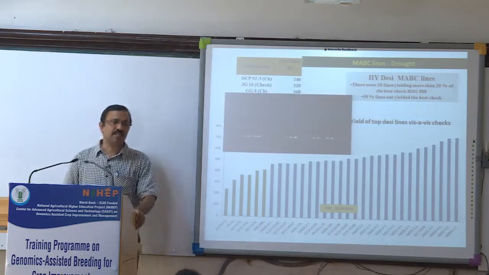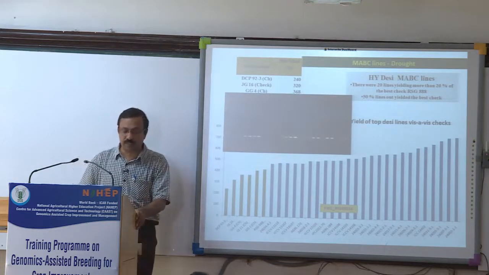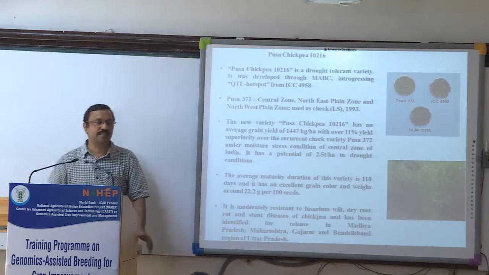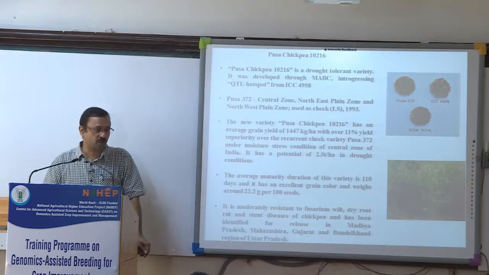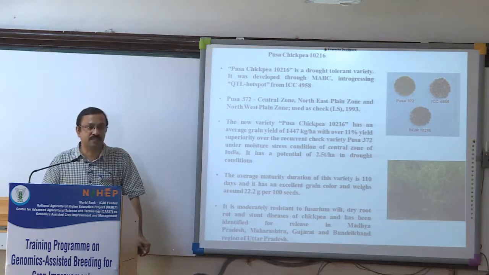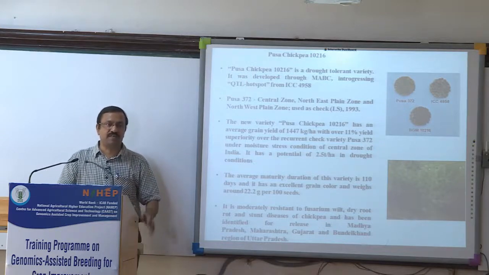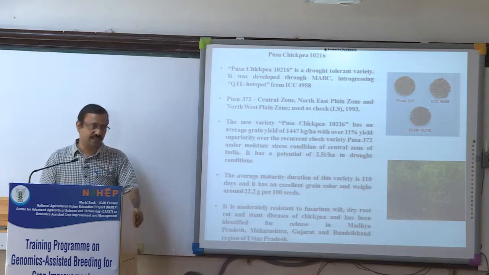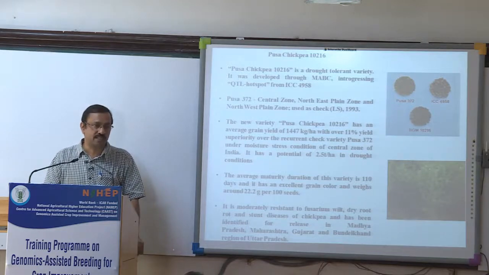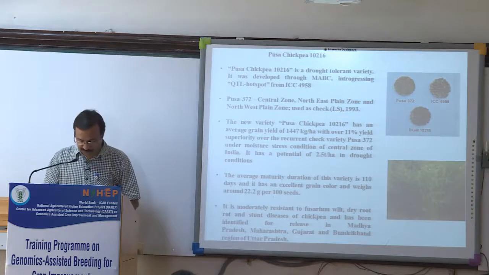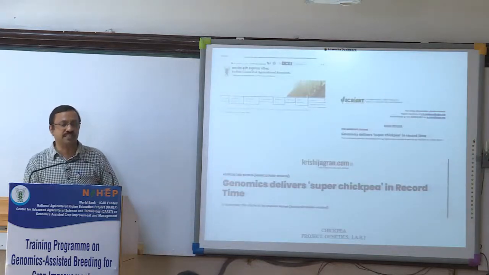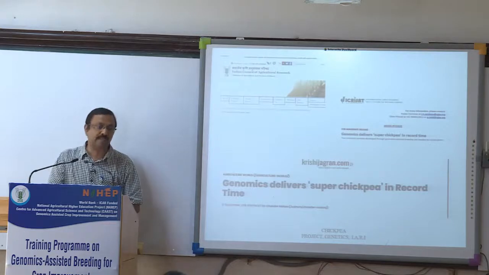And luckily we started using the SNP marker for identification of wilt tolerance. They were tolerant, and this is the first report in the country where a marker assisted product was released on October 4th by CVRC, Central Variety Release Committee. The rest of the marker breeding products that we have in rice were SVRC released, and I'm really proud that we could establish a marker assisted breeding program release, first anywhere in the world in legumes, and first CVRC released variety on October 3rd. And we had large coverage, either on the ICAR platform, on ICRISAT, or in various